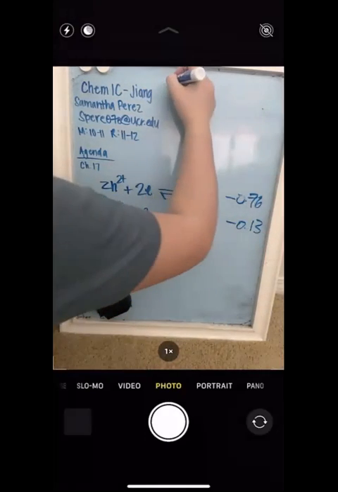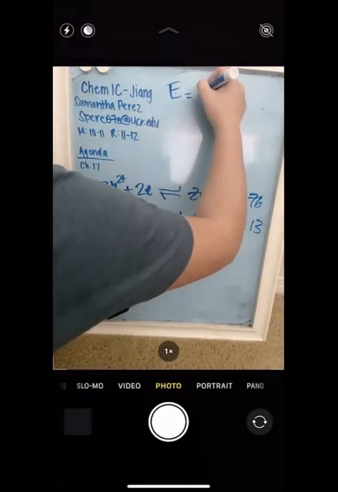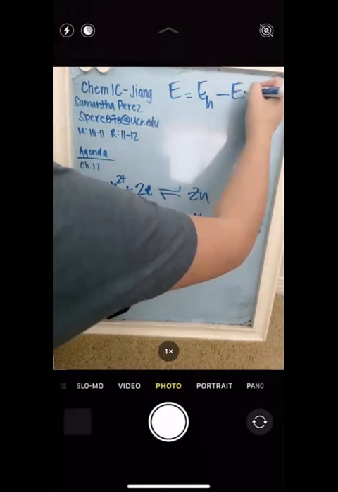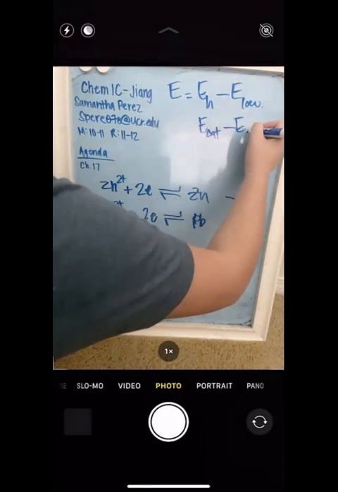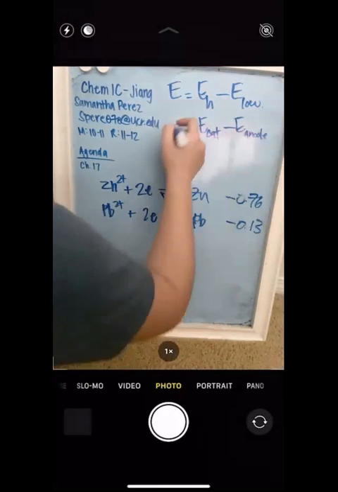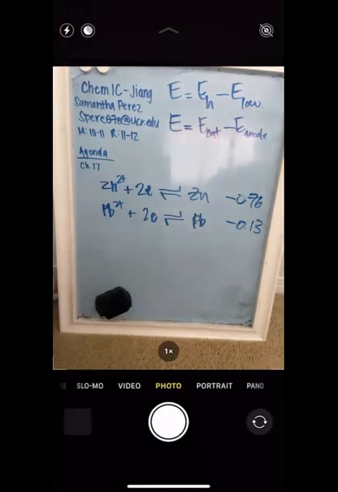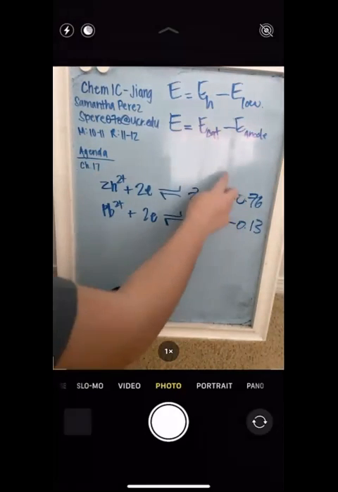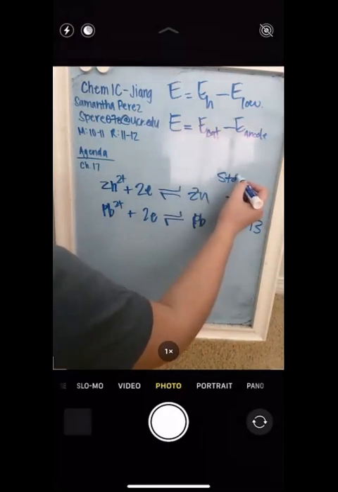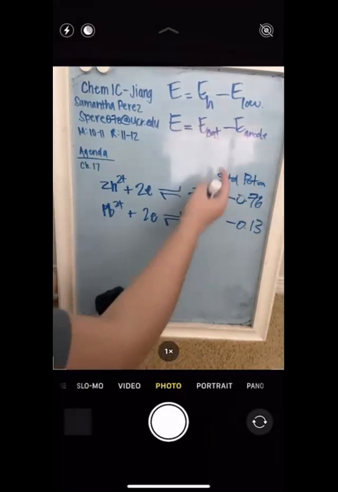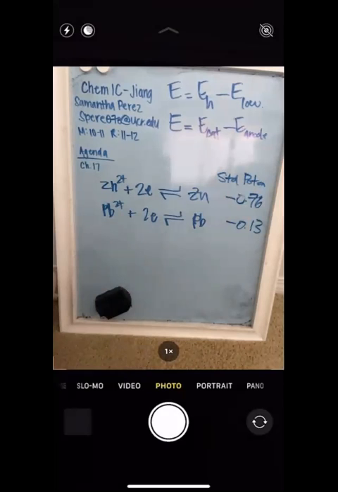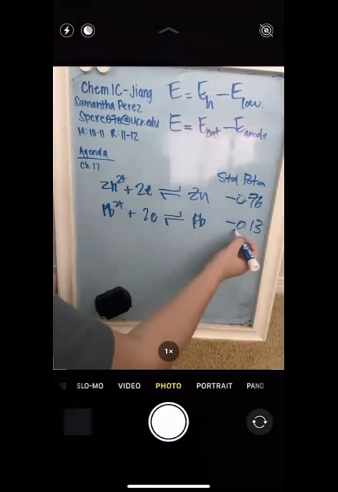And if we remember, E is E high to E low, or E cathode to E anode, right? That gives us our E. Now, if that is true, we can look at the standard potentials. These are given to us in that problem, right? From these standard potentials, which one is higher, which one's lower, which one is our cathode, which one is our anode? Well, we know that this has to be our cathode because it's higher in value, and